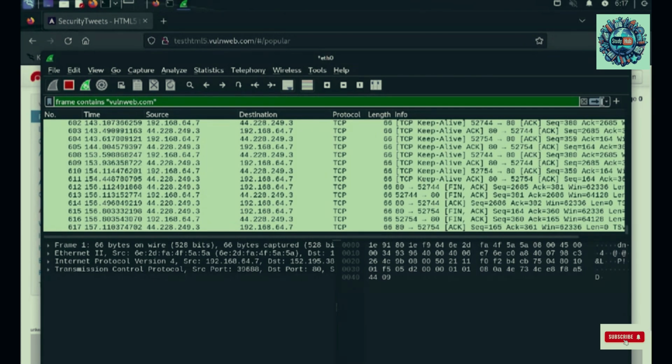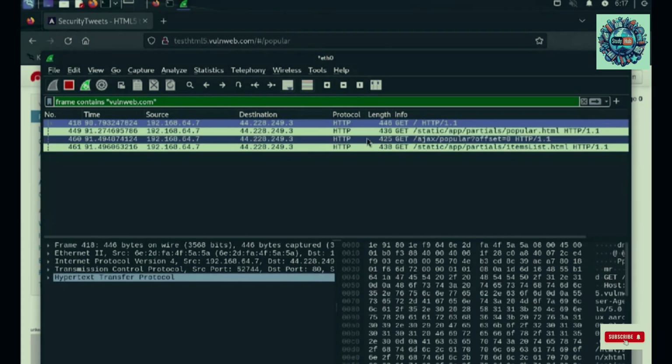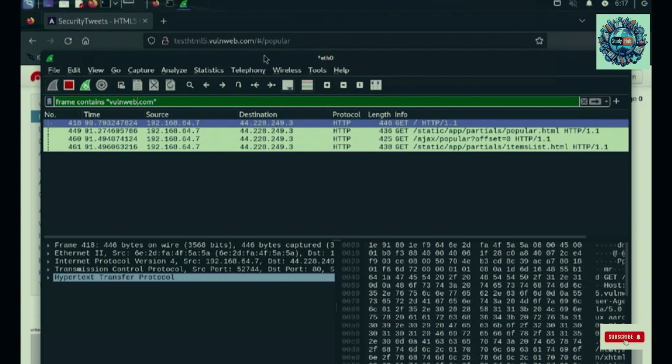Let's try to filter such packets and see if we have a few. Yes, we do have 4 of the packets that were sent or received from this specific domain. In this way, we'll be able to filter out all the packets. We can go ahead and stop the scan and we can save the scan